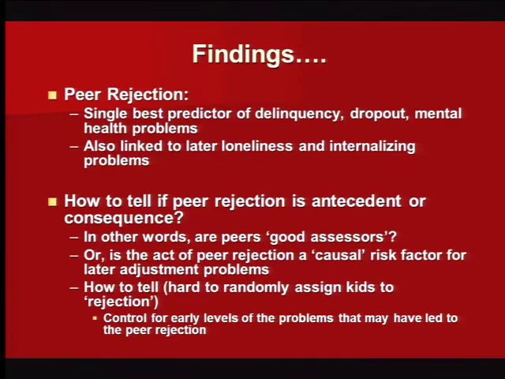Now, a couple questions right here. Right. There's a lot of other factors. Are the parents encouraging friendships or not? What about older siblings? What kind of neighborhood do you live in? You're absolutely right, but we're just considering peer rejection now. And it turns out to have a stronger predictive value than all those other things. Right here.